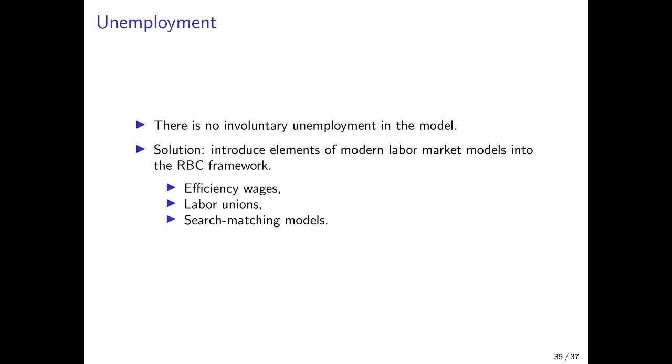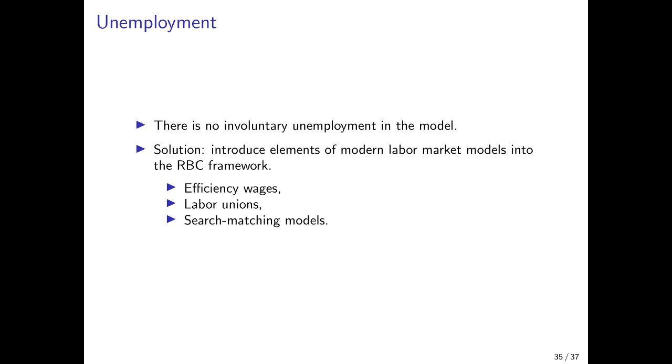And so the solution is to introduce elements of modern labor market theories that explain unemployment to some extent. So efficiency wage theories basically that explain why some firms might pay higher wages than the marginal product of labor actually to address problems with respect to shirking and so on. And that, of course, leads to involuntary unemployment because some people would not get employment at these higher wages that would want to have an employment. Labor unions and wage bargaining mechanisms that raise the wages above the marginal product of labor could also play a role here,